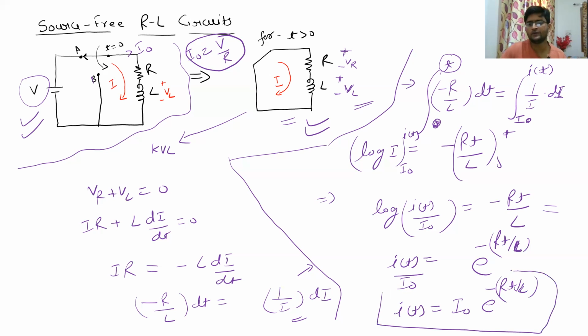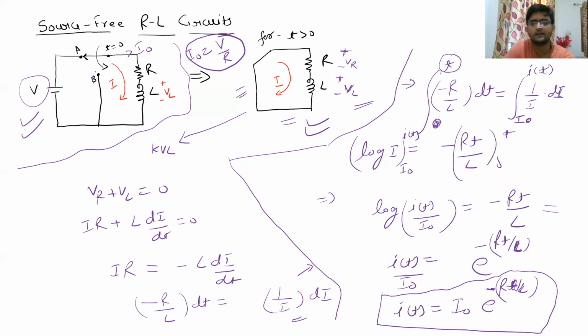So this is going to be the equation of current i(t) in a source-free RL circuit. Initially the inductor was charged and it was left to respond. What you are going to get is a current i(t), which will exponentially decrease since there is a negative sign, right? It is going to be exponentially decreasing with time t. And let us draw a graph for it. So if we draw this current i(t) with time t,